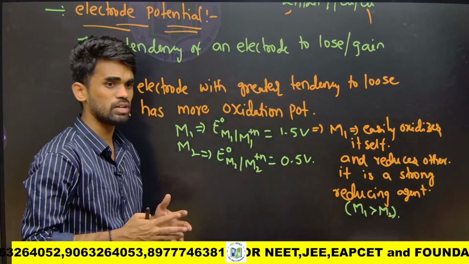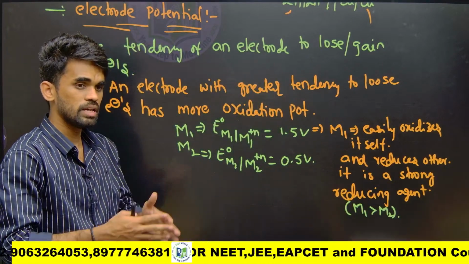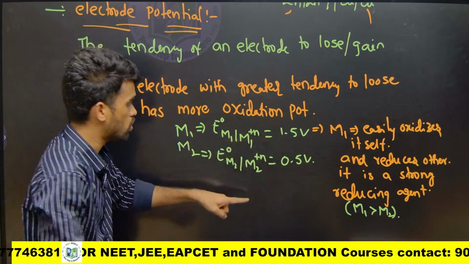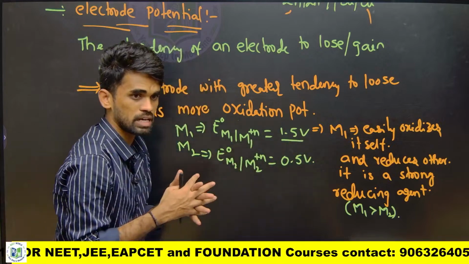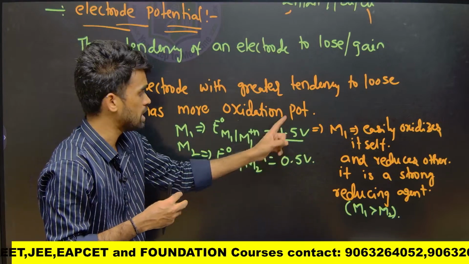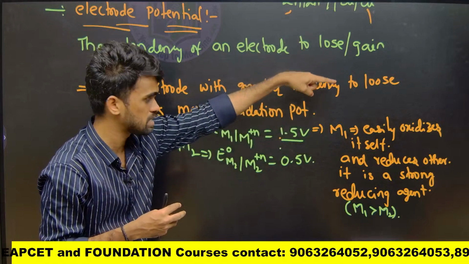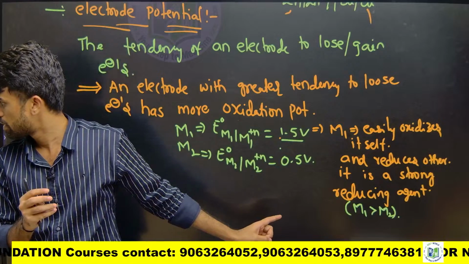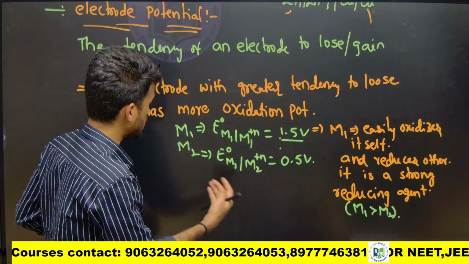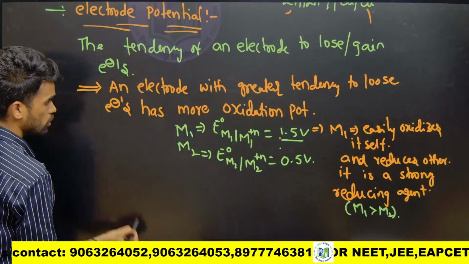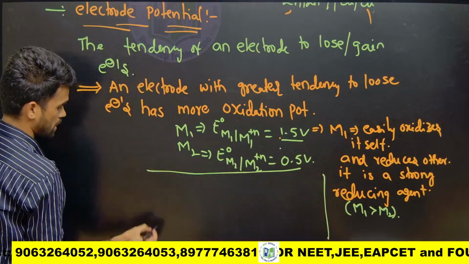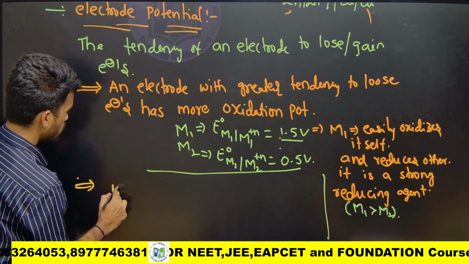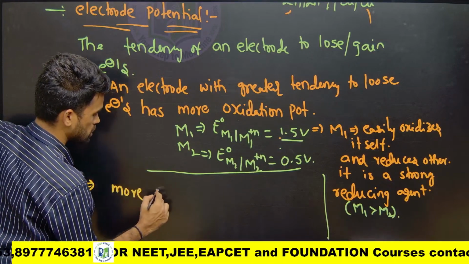So what do we mean by reducing agent? One which oxidizes itself and reduces others. M1 oxidizes itself more easily because it has more tendency as per the values, so it easily undergoes oxidation and reduces others. Therefore M1 is a strong reducing agent. Hope it is clear. Now let us discuss a few more things. Another point, one more statement: an electrode with more reduction potential, more reduction